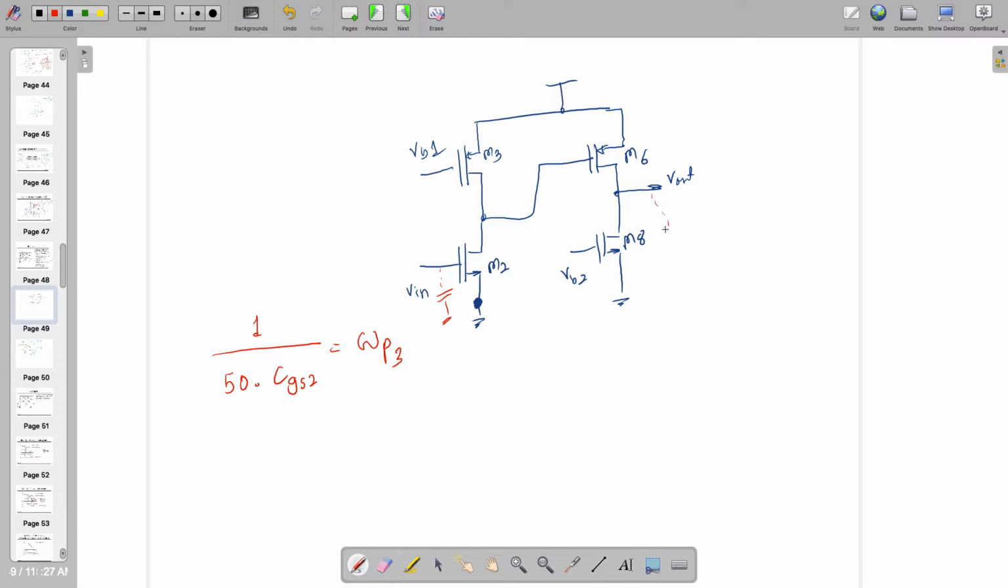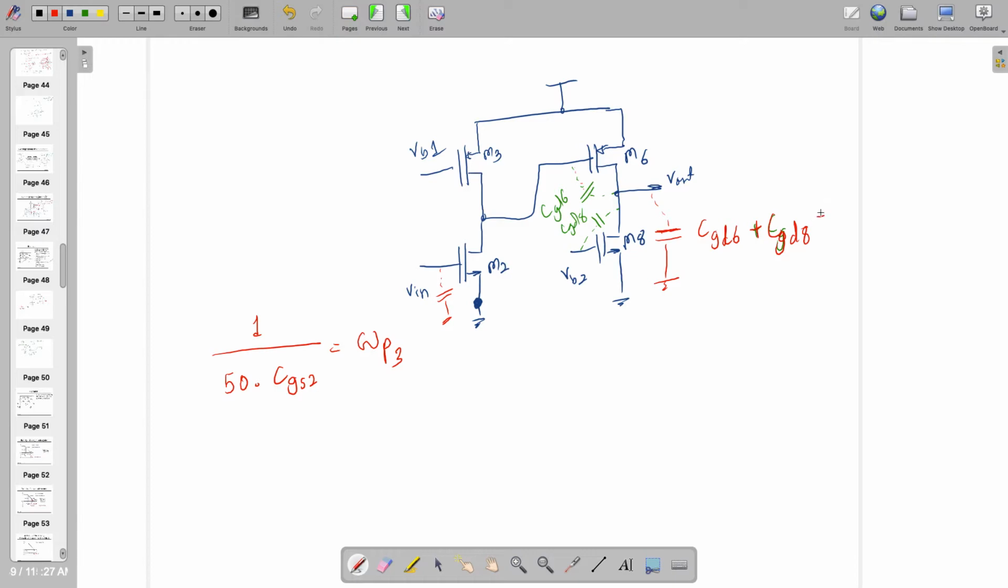Okay, V out. So if it is here, what is the value of this capacitor? CGD of CGD 6. Okay, so it's coming from here, for which you have used the Miller. Similarly, this is CGD 8, so that has to go here. CGD 8,